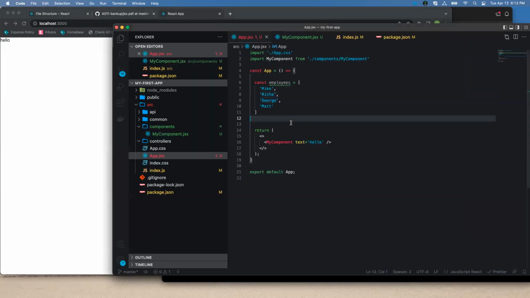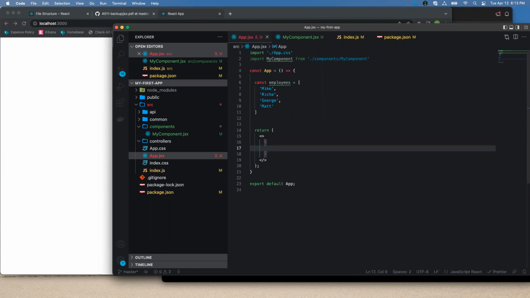So we're going to use the map function, and we can do this inline, or we can create a function on the outside of this return statement. Either works. My rule of thumb is if it's more than a couple of lines, by a couple I mean more than 3 lines, then I'm going to want it outside of the return statement, but we'll do it in line for now. Because we're using a JavaScript statement, we need these brackets. And if you press enter, it should do this automatically for you. But format the brackets like this. And we're going to do employees.map,